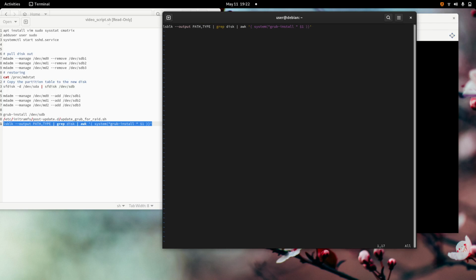This is the $1 here in the end, and here I put grub-install, the command that I already used, together with space here, and everything here goes to system parentheses, which is running the command. So let's save this here,